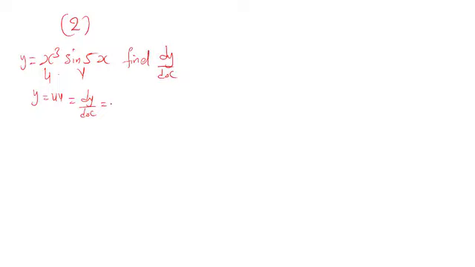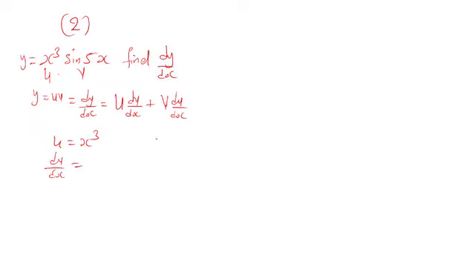Our product rule, our dy/dx becomes u dv/dx plus v du/dx. Remember, it's not v dv/dx. No, it's u dv/dx plus v du/dx. Now, if our u is equal to x raised to power 3, so our du/dx will now be equal to,